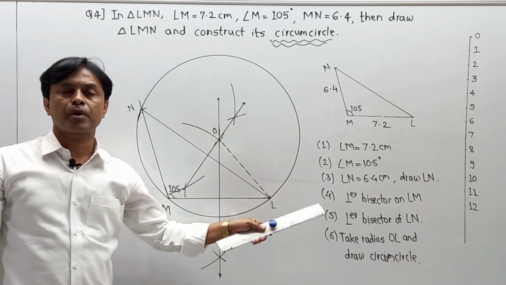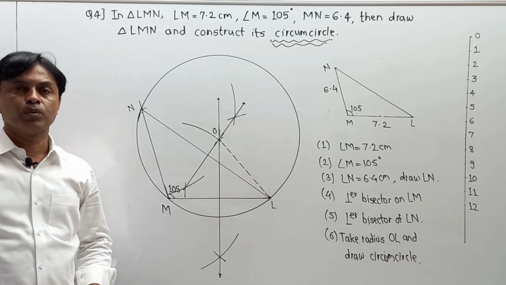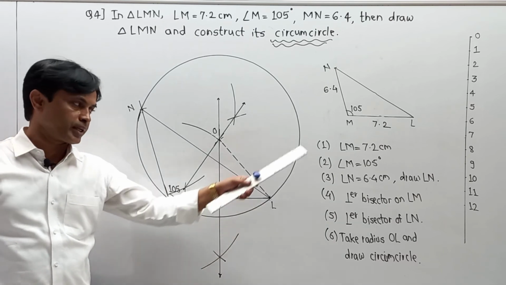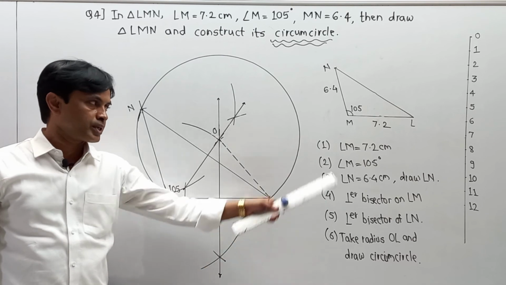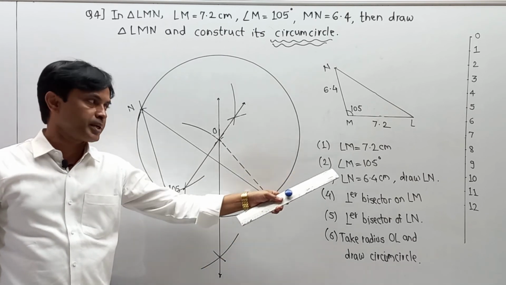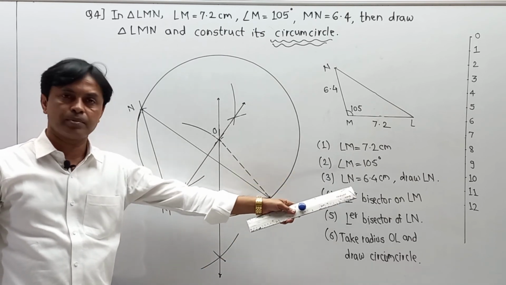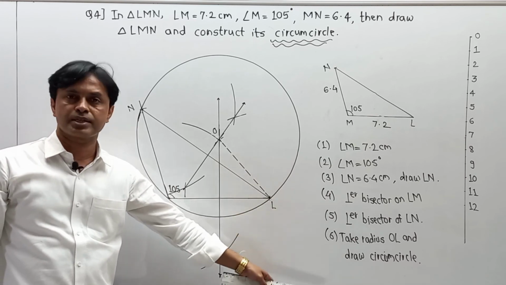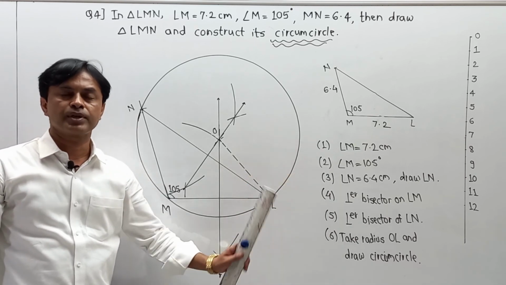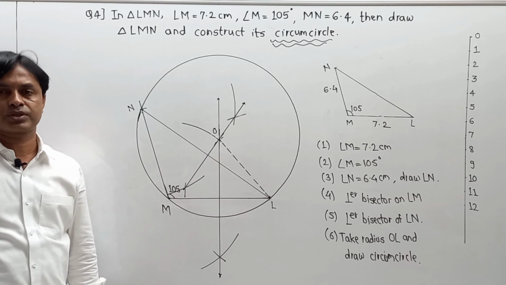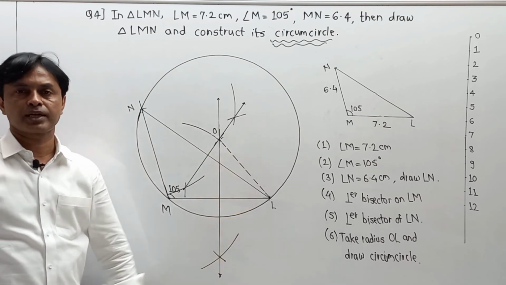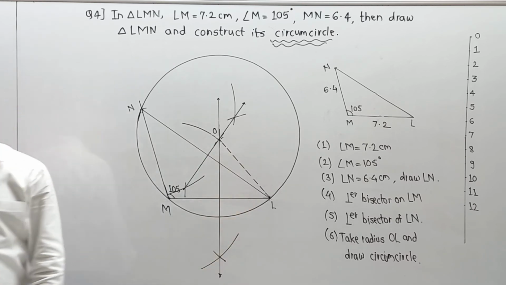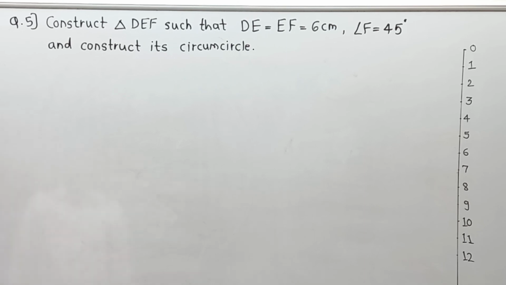You just add a proper part. No need to go more descriptive. Just within 1 or 2 lines you can write the steps. So number 1 has a 1 line statement, number 2 a 1 line statement, number 3, 4, 5, 6, and only within 6 to 7 lines you can complete the steps of your construction. So you can practice that also.